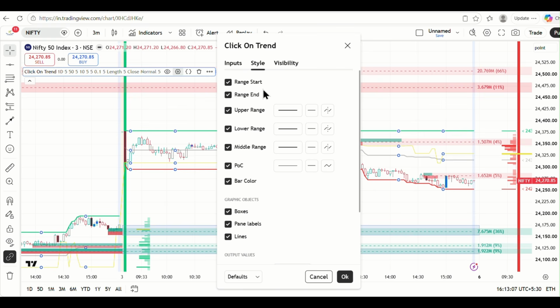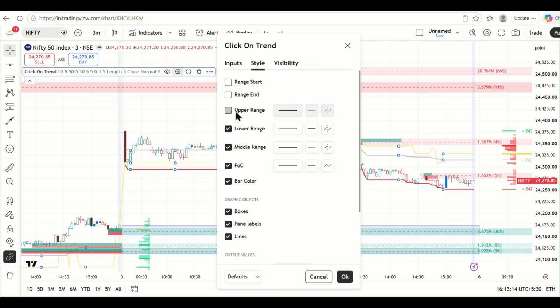Let me hide them. I don't want the first line, I don't want the second line. If someone wants, they can take the upper range, this green one. The lower range, this bottom one, is gone. Mid range is this gray color, which is the average of low and high. Some people use that for trading, because if a candle closes above this or below this, they can use it as a trading input. If you don't want this middle line, you can simply hide it,